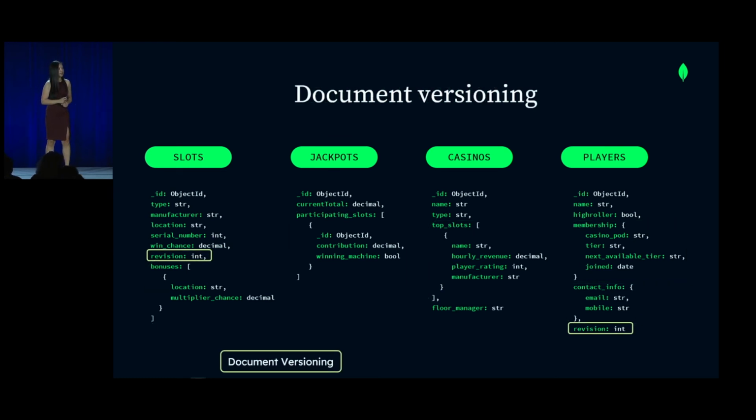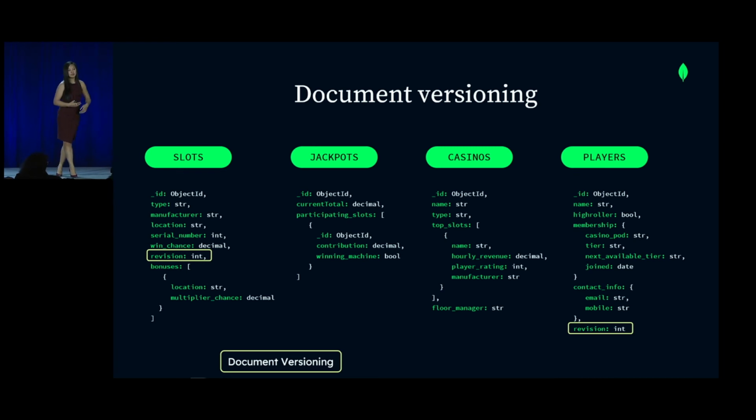The next design pattern that we see here is the document versioning pattern that we discussed, which was the Bilbo Baggins one, the insurance example. In this case, we are deciding to keep revisions on the slot machines and revisions on the players, because usually players don't have their information change as often, but we also want to keep track of all of those pieces of information and only care about the current piece of information, the current contact information, the current membership information that they have. That's what we want to know about our players when we query them.